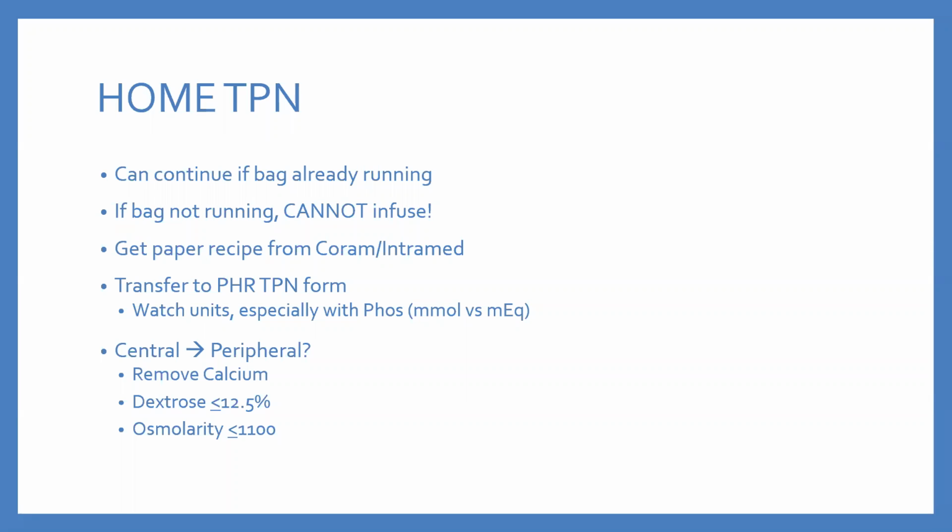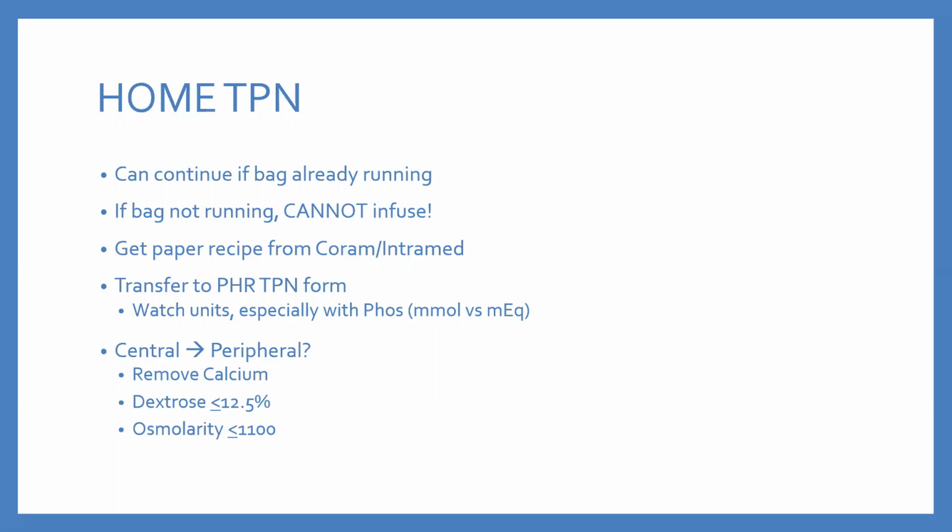One thing we'll do from a pharmacy standpoint, and even you guys help out with that sometimes, is getting the recipe from Quorum or Intramed, wherever they see outpatient as far as their TPN orders. And what we will do is transfer over to our pH formulary TPN form. And we just keep in mind, again, those units, as I mentioned. Our sheet will have the milliequivalents, but Quorum and Intramed actually have millimoles on there. So again, keeping in mind the difference in units and how we order things on our